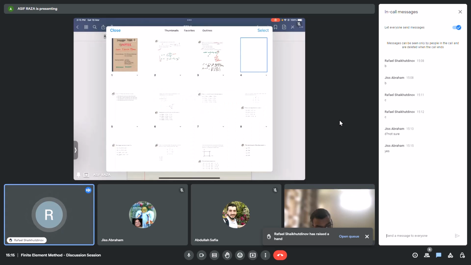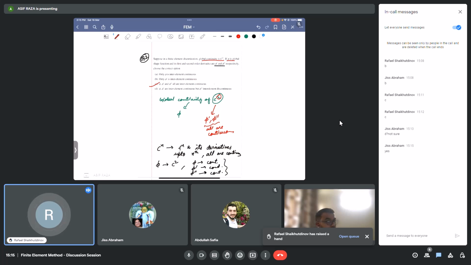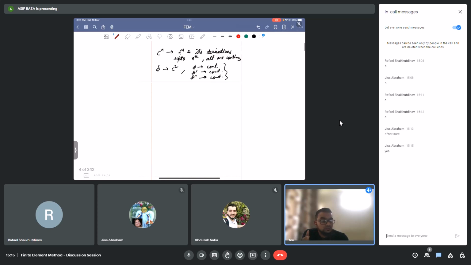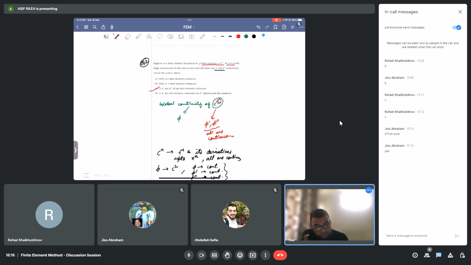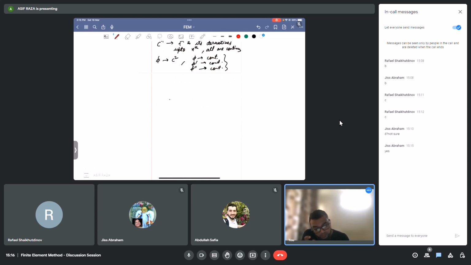This question asks about inter-element continuous and inter-element discontinuous. But I believe there may exist questions about continuity between elements. The question says inter-element continuity, but there is a possibility that a function, suppose these are two elements,